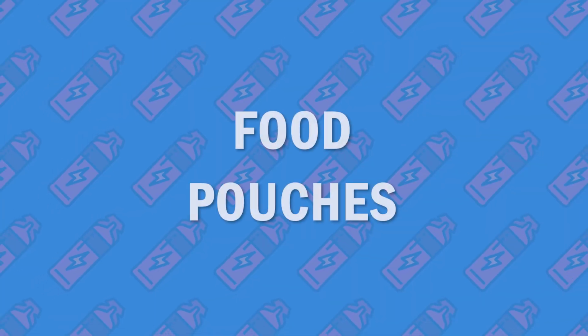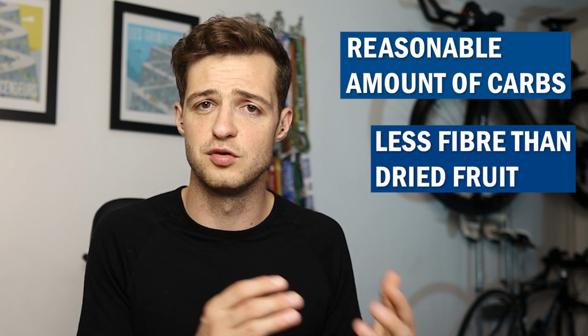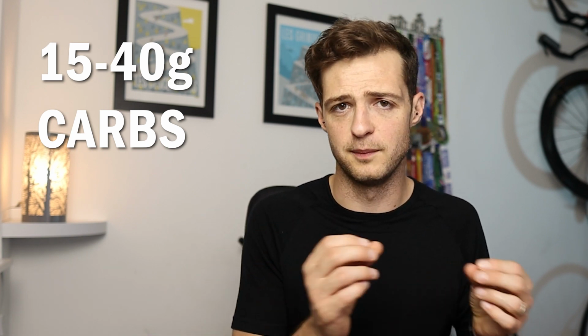Another option for you gel-disliking marathon runners is food pouches. You can buy things like applesauce pouches or honey pouches, and for some people these can work well. They usually contain a reasonable amount of carbs, less fibre compared to dried fruit, and not much in the way of protein or fat. Depending on what pouches you buy, they'll usually contain between about 50 to 40 grams of carbohydrates per pouch, so you probably would need to carry quite a few of them to get you through your